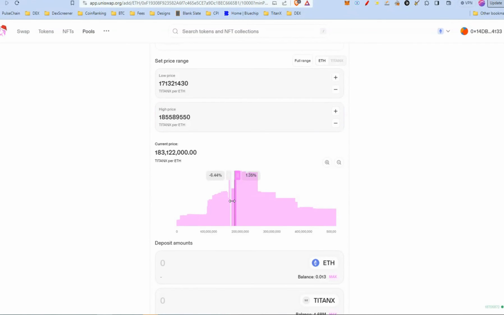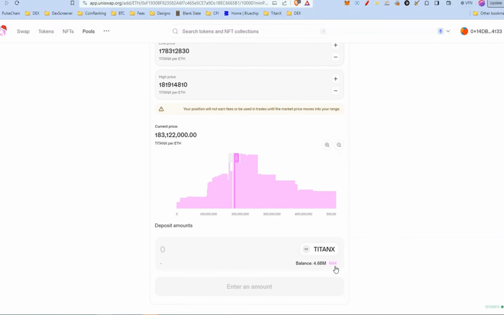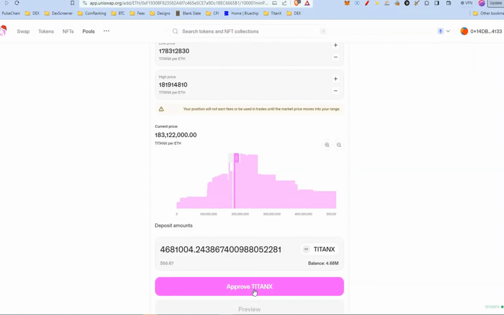So as you can see, this is over the price already, and then I'll have to provide ETH. But we want to do only single-sided, so I'm gonna move it, and that's the nearest we can get. And then I'm gonna move this as well to become as near as possible. And here, this is an invalid range. We have to select at least one tick away, and that's what we're gonna do. This is the selection we've made, and then I'm just gonna do the whole lot, and then I'm gonna approve